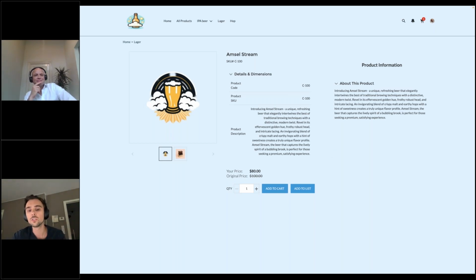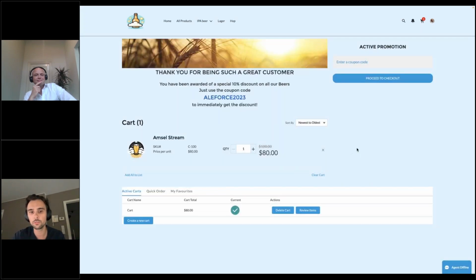in his shops. If we add it to the cart, we come to a typical shopping cart experience. But the great thing is that Hans is a very loyal customer and a very good customer, so Salesforce is giving him a 10% discount on the beer. Of course, this is a very good customer experience. So I'm going to use this coupon and buy the beer, and maybe in a month I will review and evaluate if Einstein and Salesforce are telling the truth or not. But for now, I'm a happy customer and I'm going to end the journey here.